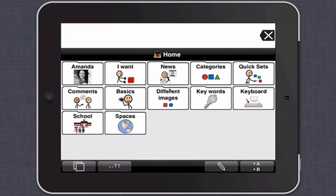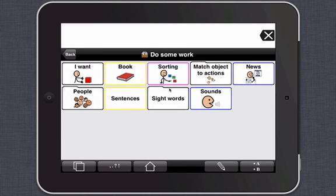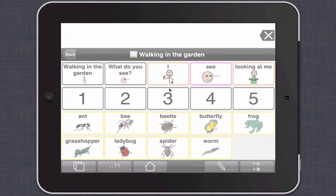Okay, my last top tip that I want to share with you today is that sometimes in the classroom I might be doing an activity, like reading a book, Walking in the Garden. And I've got my iPad set up here with the vocab I need for interacting in the book, Walking in the Garden. But I might want the other kids in the classroom to have a paper copy of this activity. So what I'm going to do is really easily take a photo screenshot of this page. Now to do that, I hold down my square home button and click the power button, and